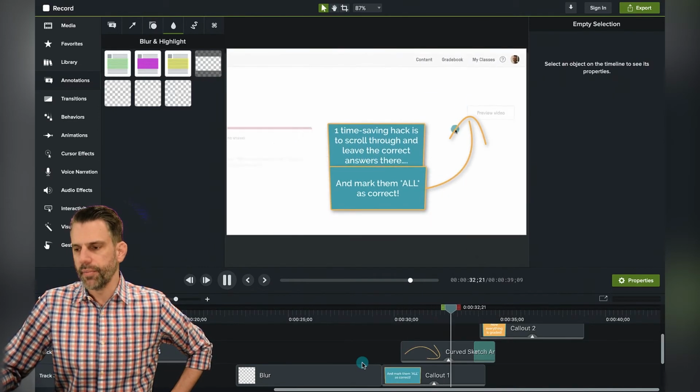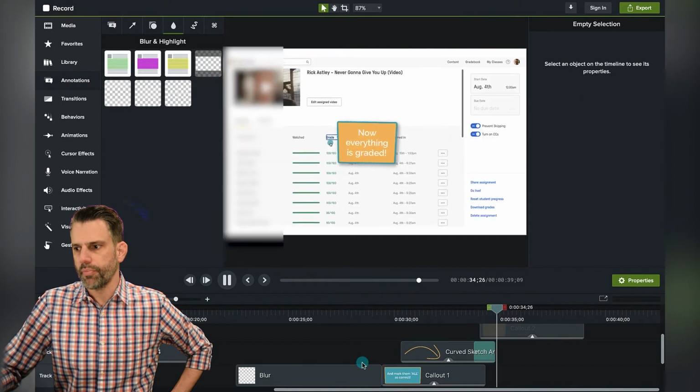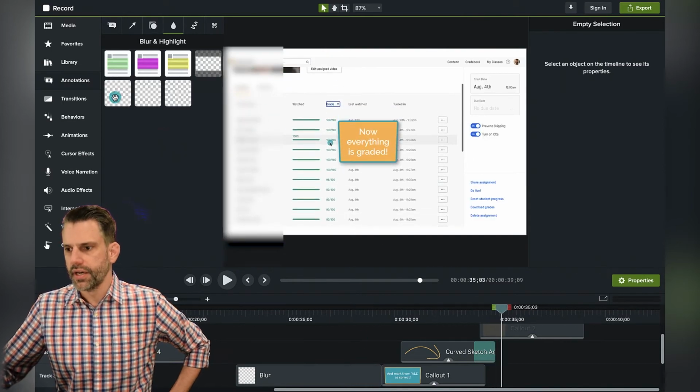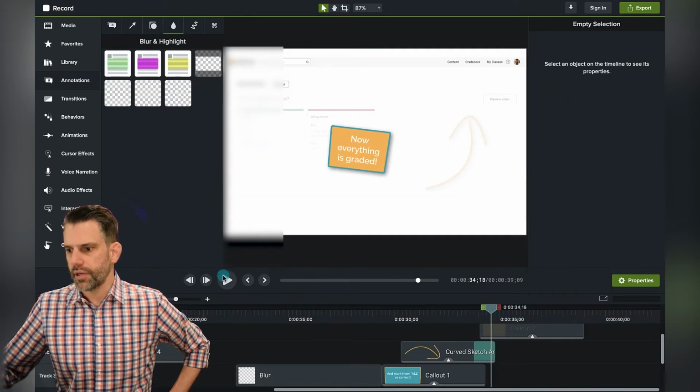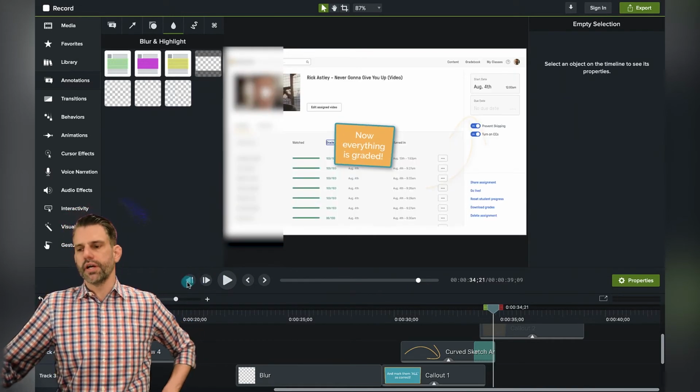And then here at the end, I'm going to have to put in another blur. I'm going to go back. There's all the names again. So now I've got to find the beginning of that spot. Just right about there. Now the last thing I want to show you with that blur is I can make